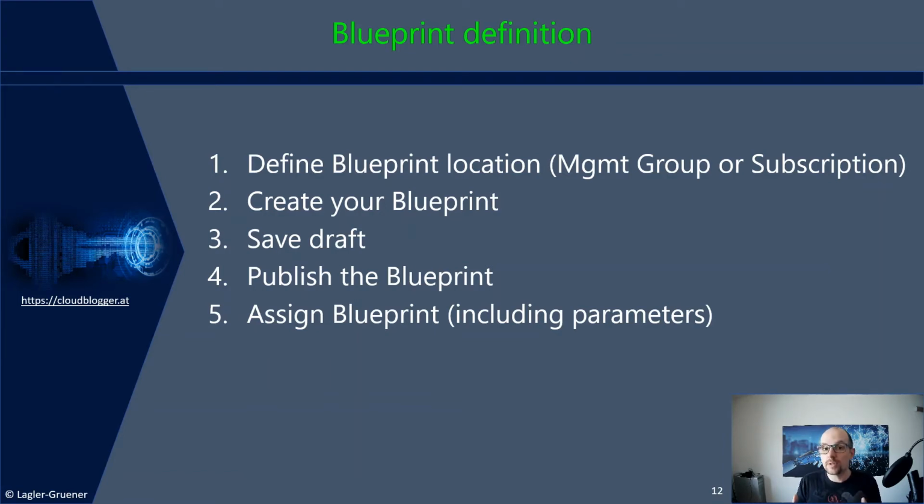Then you can create a blueprint. So there are different steps available. You can choose the Azure portal, you can choose automation, depending on your preferred strategy. Then you save the blueprint. First of all, you save a draft. And when you know the blueprint is finished, you can publish the blueprint to the base location which you defined. And at the end, you have the ability to assign the blueprint. And if it includes parameters, you have to fill out those parameters and assign the blueprint, and the resources and also the configuration itself will be deployed to the subscription. Okay.